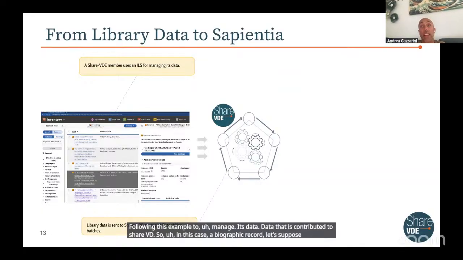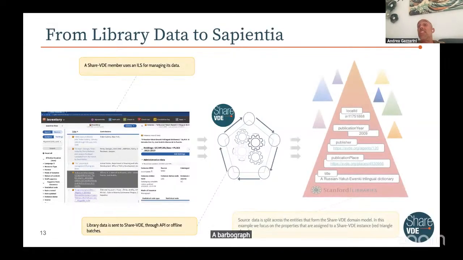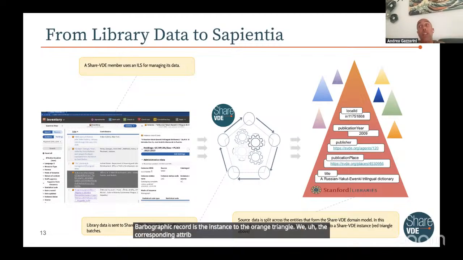That bibliographic record is pre-processed, and every entity that is within that record is detected and a bibliographic record is the instance, so the orange triangle with the corresponding attributes. But apart from the instance,